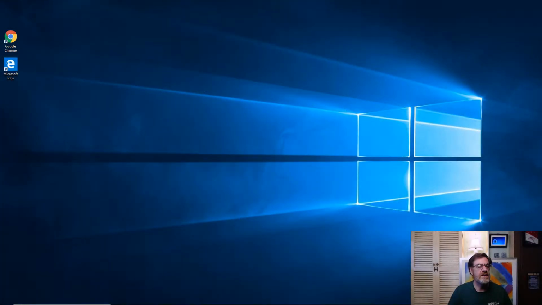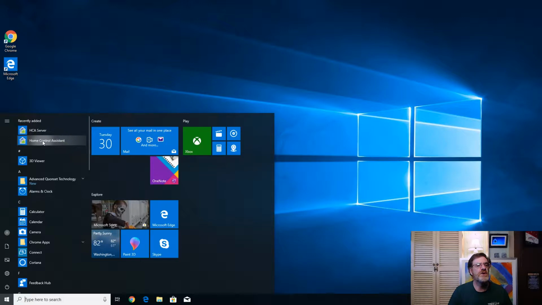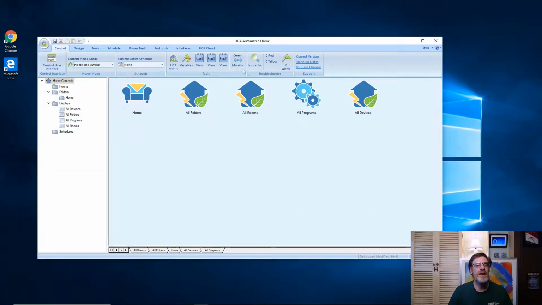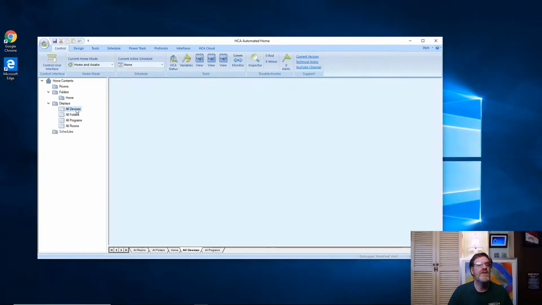Start the Home Control Assistant program with the server turned off. You're going to end up with this blank scene, with no rooms, no folders, just everything's basically empty. Just the very basic things. So we go over here